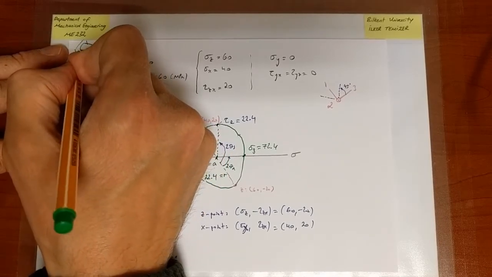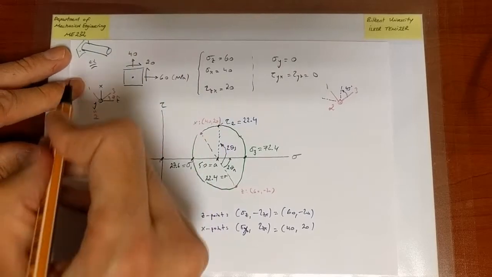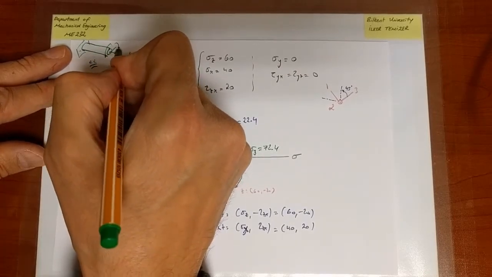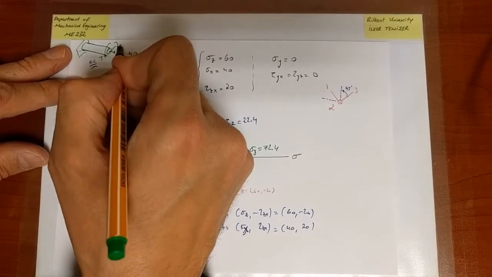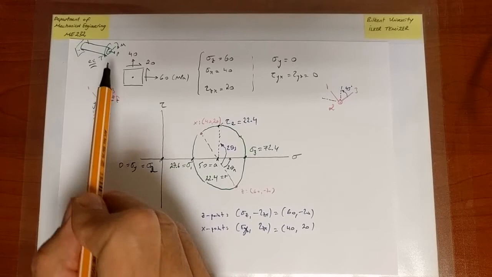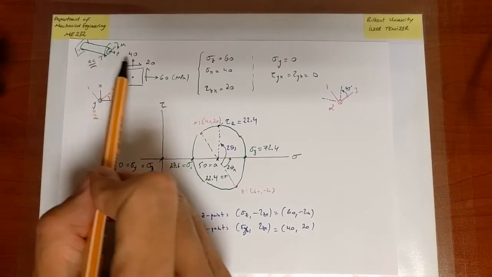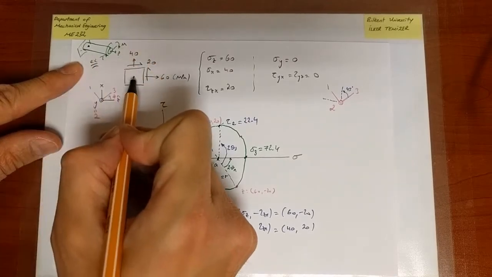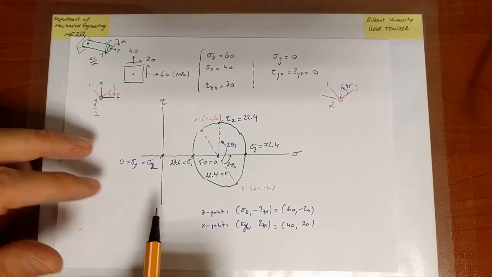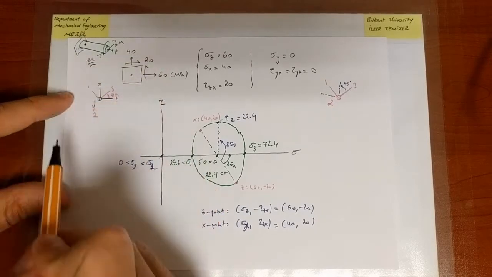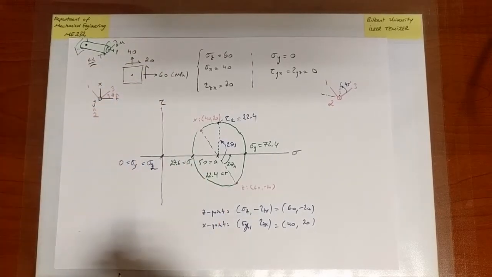And the structure is loaded in some fashion. There are torques, maybe loads, and eventually bending moments. This is just a generality. I'm not saying that the state of stress comes from that. Indeed, it cannot. But nevertheless, this is what we can do in ME 231. And I'm looking at a certain point, and at that point, I have that state of stress with respect to xz, but I'm interested in whether at that point the maximum shear stress that I can find actually can exceed